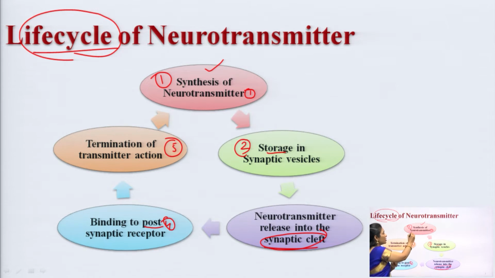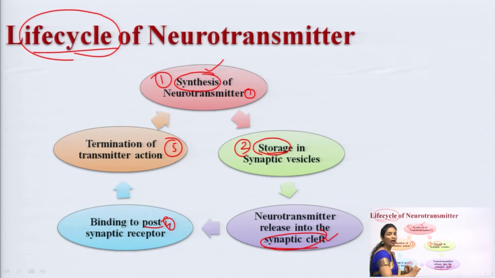What is the first thing? The first thing was synthesis of a neurotransmitter and the second thing was storage. After synthesis, it will be stored in the storage vesicles. After staying in the storage vesicles, once the neurotransmitter has received the impulse, then it will be released into the